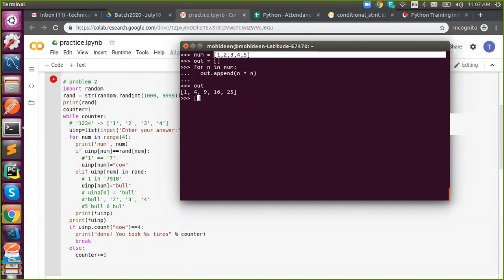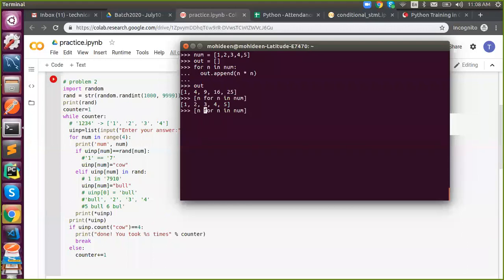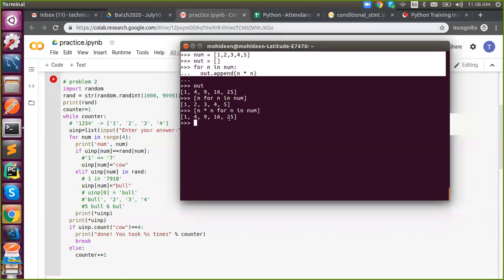Anyway, you all know comprehension is constructing a sequence from another sequence. As per the question, I need a sequence from an existing sequence. Now I'm going to use the comprehension concept. So n for n in num. If I leave it as it is, this will print as it is, like 1, 2, 3, 4, 5. Now I'm going to write a condition. n should be replaced with the square of it. That's it. You got the answer. So my 3-4 lines were replaced with one line.